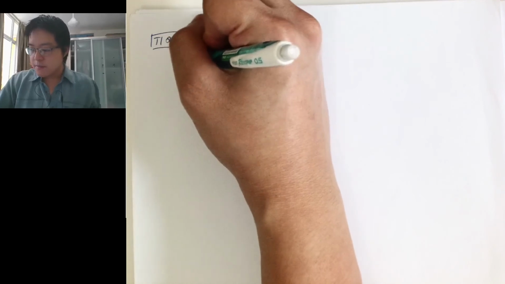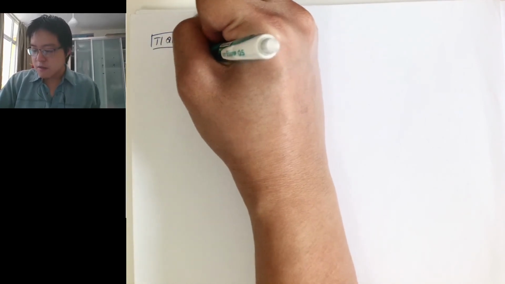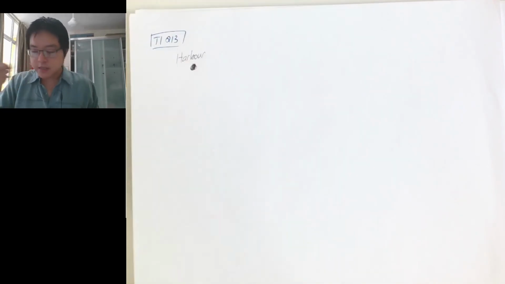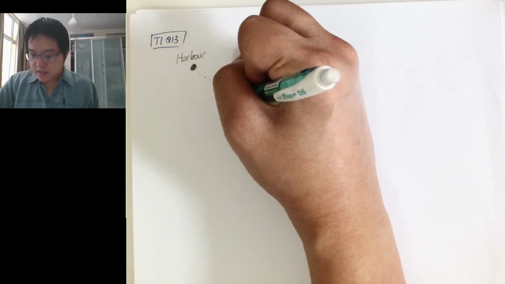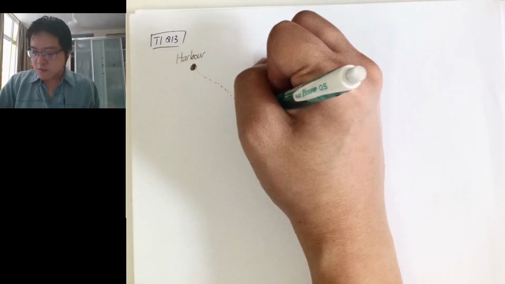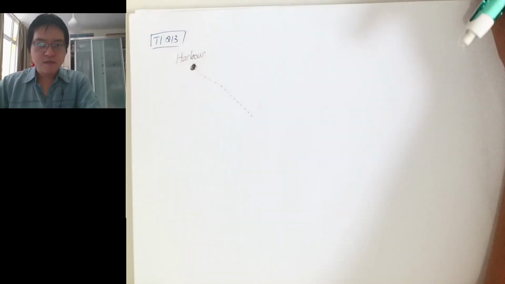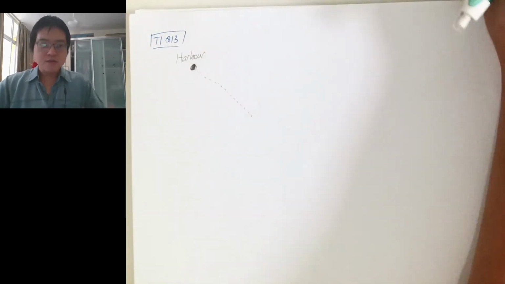Okay, so what is the situation? Let's say my harbor is here. Doesn't matter what this thing is, it's just some point that we're interested in, right? So initially the harbor is northwest of its current position. So northwest means,